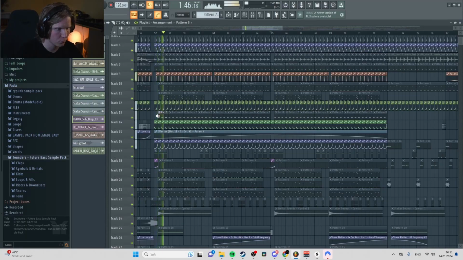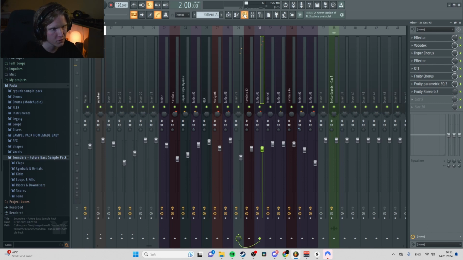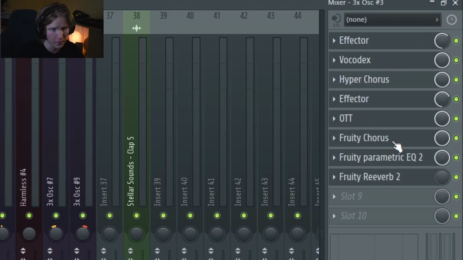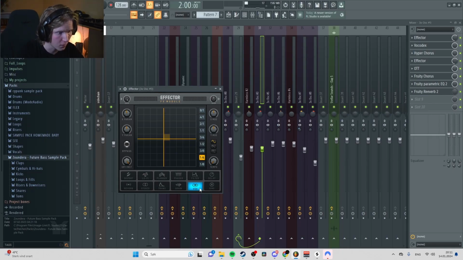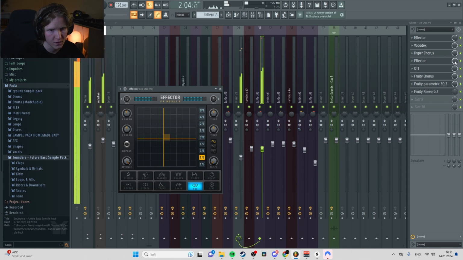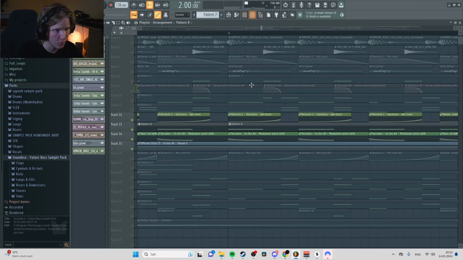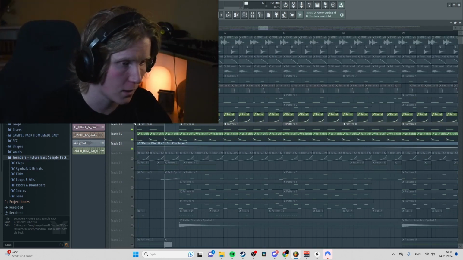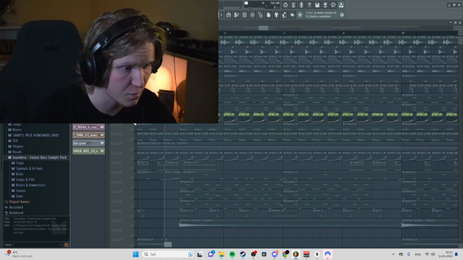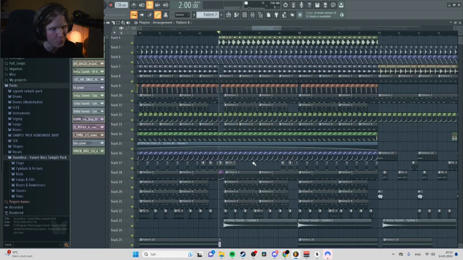This, by the way, is just another 3x oscillator where I have some vocoders and the effector vocode or vox effect on it that is automated in and out. Pitch shift of the vocoders is also automated, just to sort of, I don't know. I knew what I was doing when I made this song, but right now I can't remember where I was in headspace wise. I'm trying to bring back the memories.